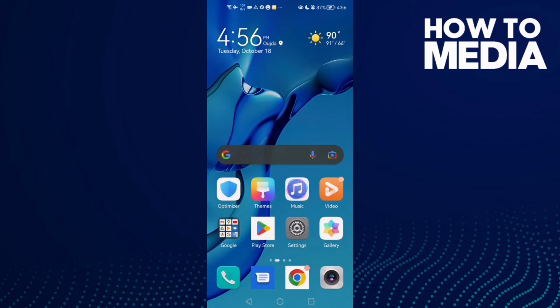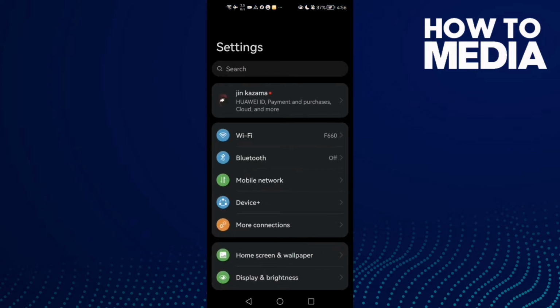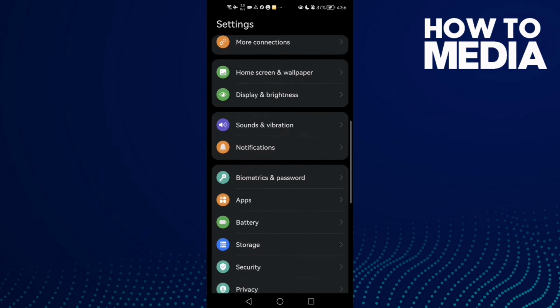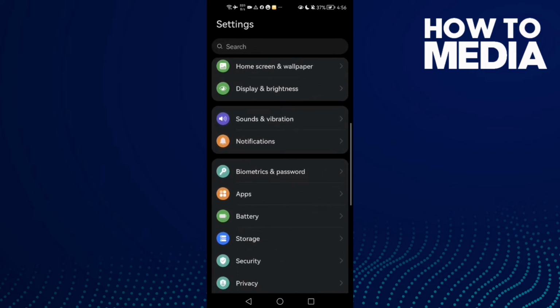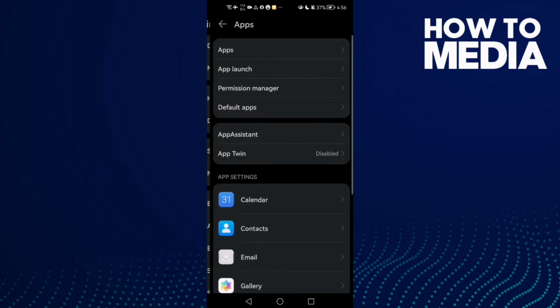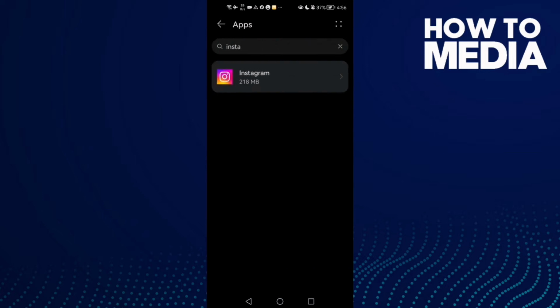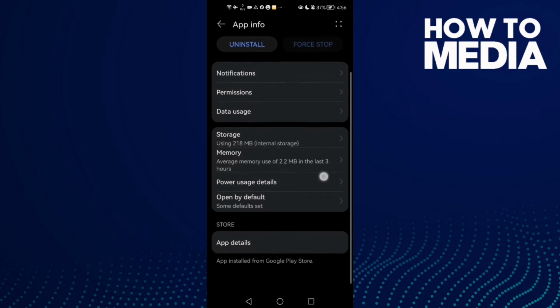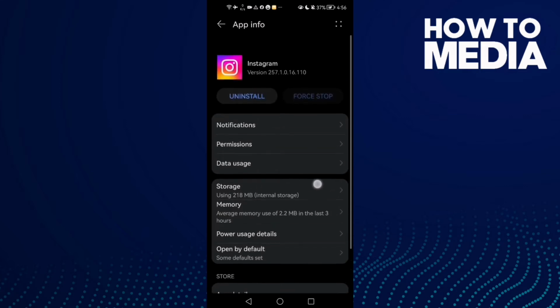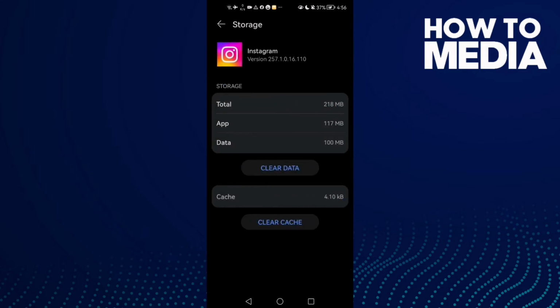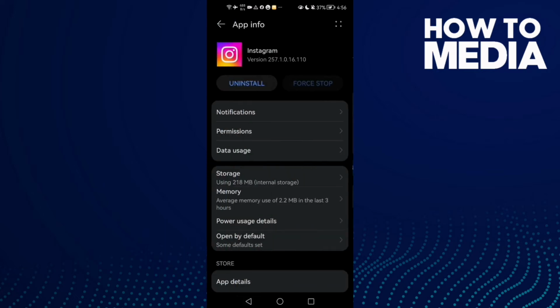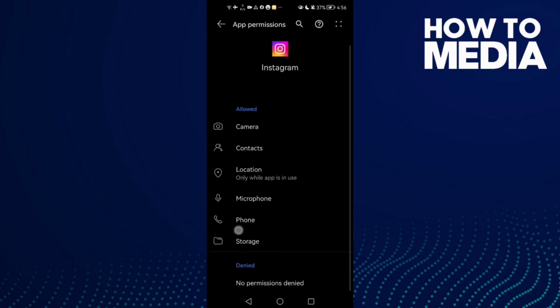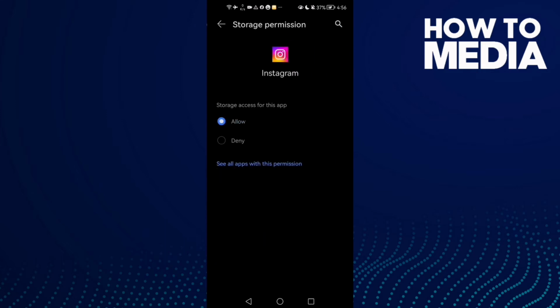First, then just open settings and then scroll down, scroll until you find the apps and click apps again, and here you will find the Instagram. And then just click storage and then clear cache and go to permissions, and maybe we'll find this one like